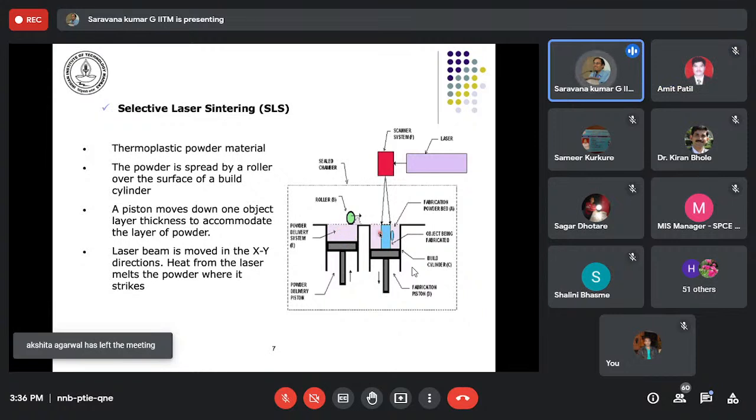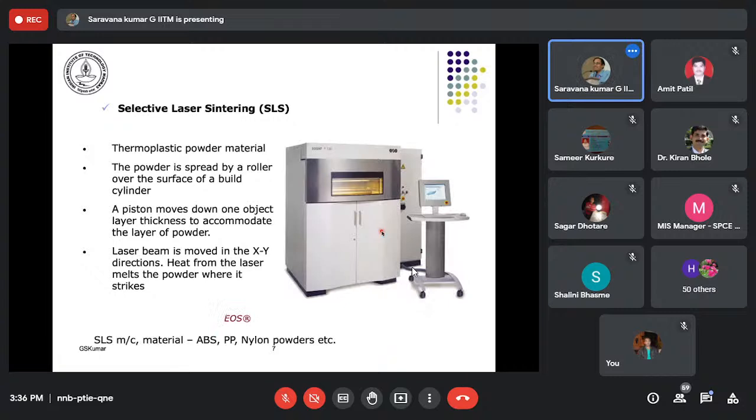From one, the powder is spread onto the build chamber, typically a cylindrical-shaped bin, and as this piston moves down, new layers are spread, and a laser selectively sinters or melts this. Many materials in the polymer domain, many grades of PLA, PP, ABS, nylon, are all available.